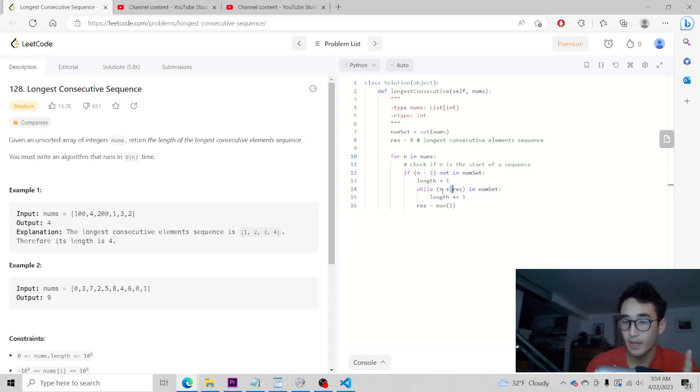Then we can look at while n plus length is in numset, we can add 1 to length.